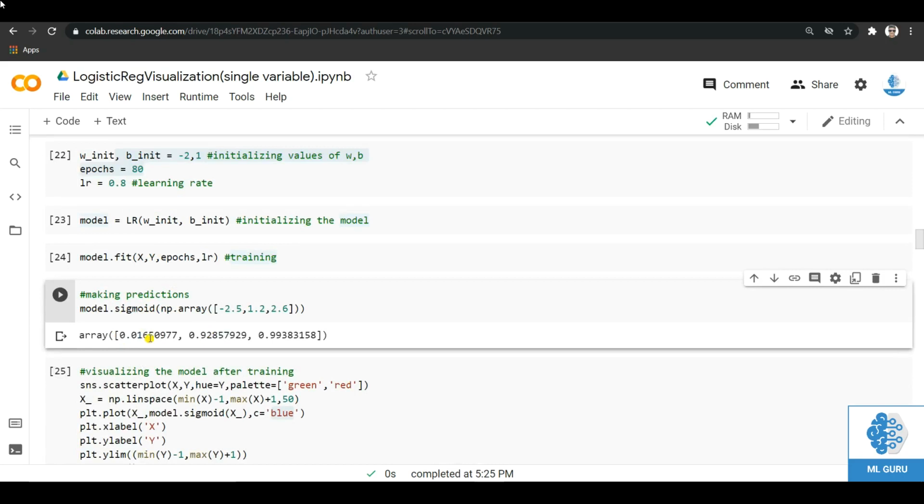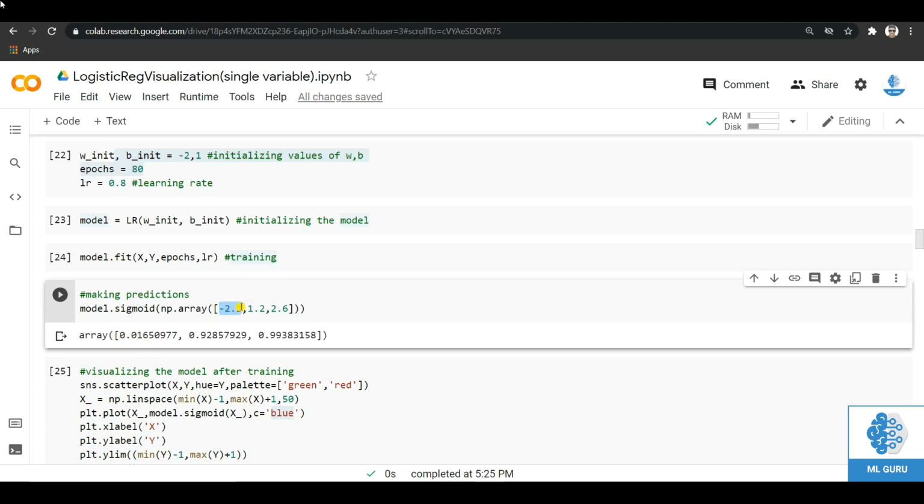I had already told you that the output given by a sigmoid function can be interpreted as probability. If you multiply this by 100, it tells you that there is a 1.6% chance. The model is telling you that there is a chance of 1.6% that this particular point, -2.5, belongs to class 0.